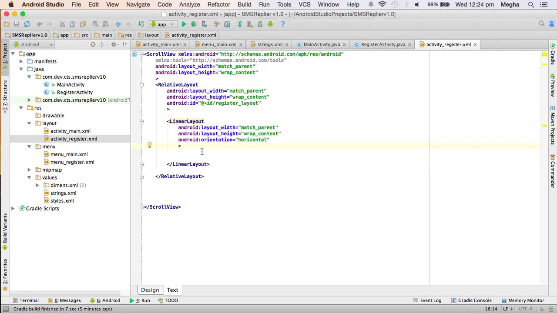Before adding anything, I'll have my parts completed. Linear layout is to separate each block,